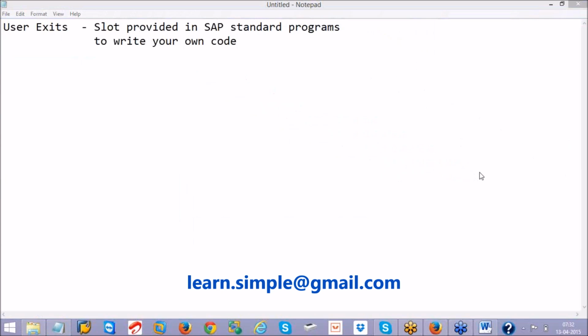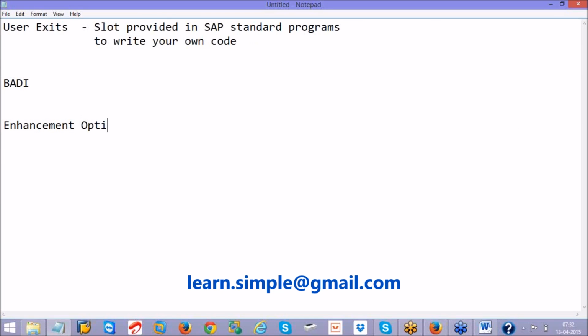BAdIs are also done for the same purpose, and even nowadays SAP is using something called enhancement options. Even they are also used for the same purpose. So what are all the other options we have? We have something called BAdIs, and nowadays we are using something called enhancement options.